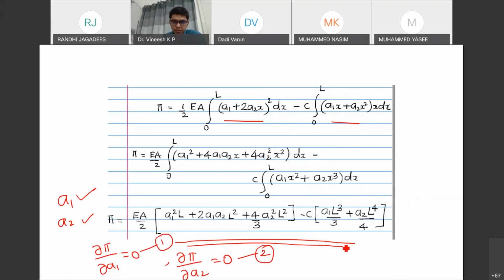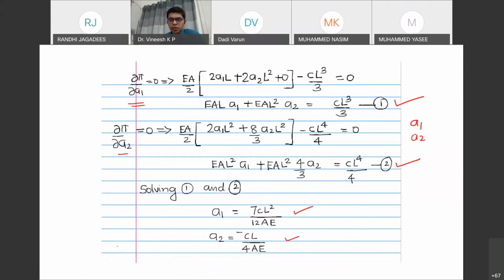That is another mistake made by me. Yes, I understood, Abraham. So this will become L cube actually. Instead of L square, it will become L cube. Yeah, it's correct. This is the thing you mean, Abraham? Okay, so just correct this one. This is L cube. This will become L cube, and this will also become L cube. So just correct that one.